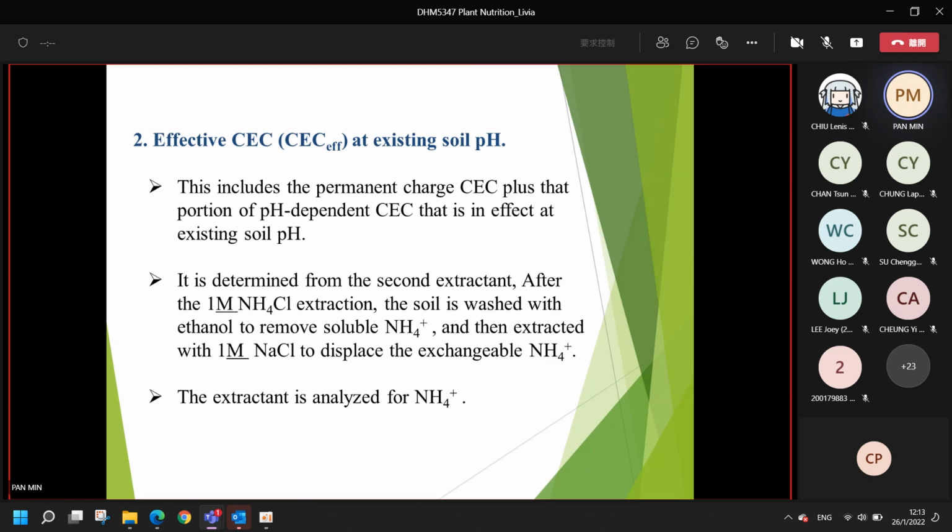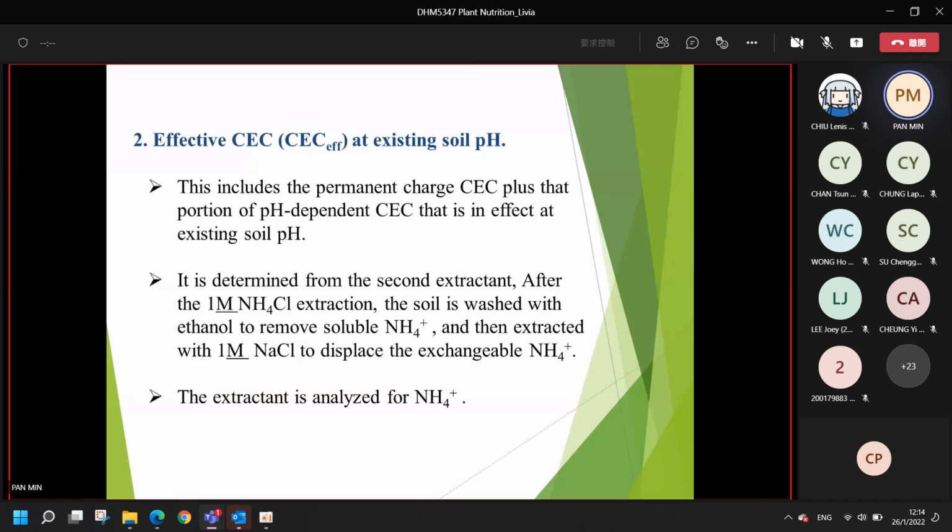This includes the permanent charge CEC and the portion of pH-dependent CEC that is in effect at the existing soil pH. So this part of CEC includes two forms, the permanent charge and the pH-dependent form,